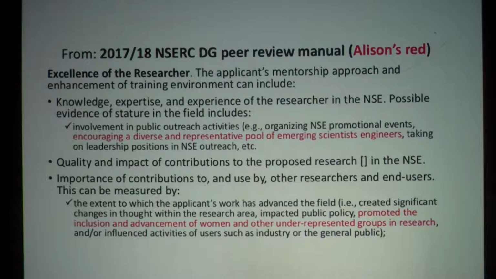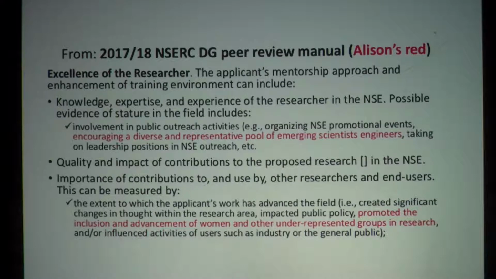Each of those three sections get equal weighting in the evaluation. So when we're thinking about preparing an application package, one way to think about it is that each section should get the same amount of time in the preparation. So in terms of EDI, excellence of the researcher can go in two